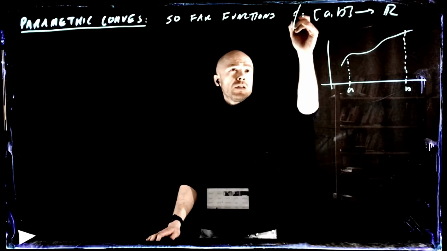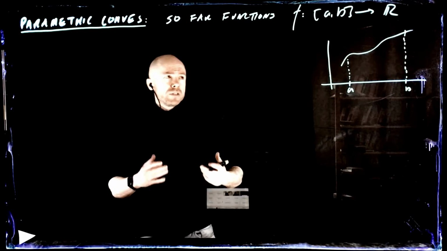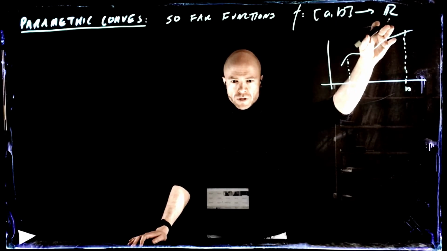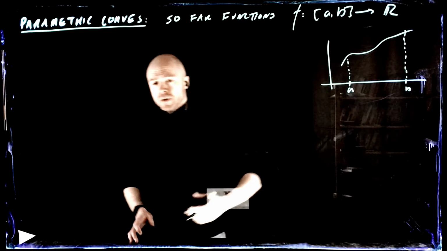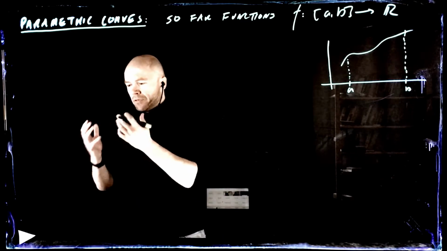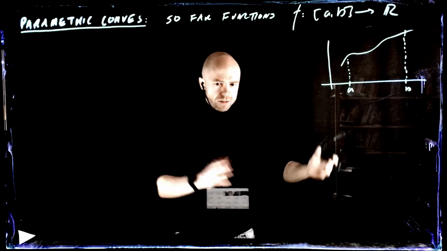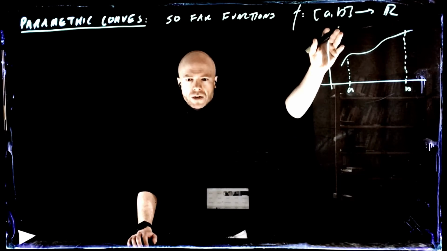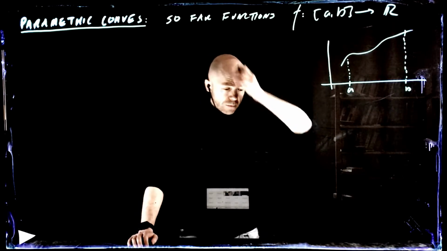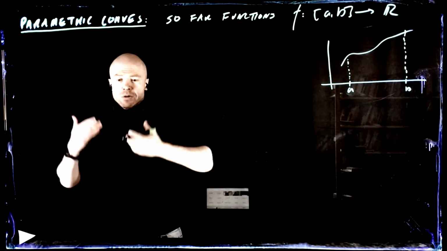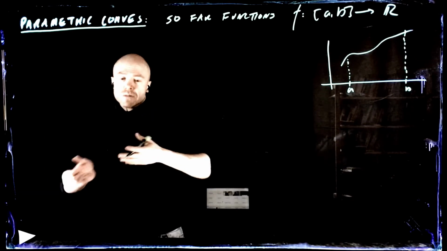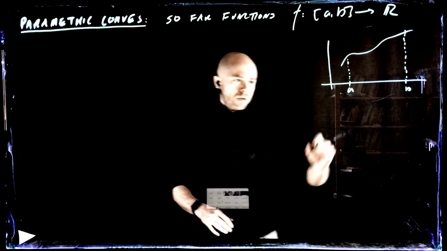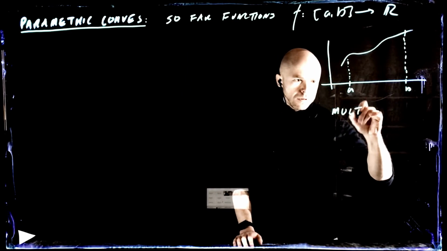But there are many things in the world that we cannot represent well with a function from R to R. Okay? There are many things we'd like to describe. There are many physical laws which we'd like to express in the language of maths, and we can't do that simply talking about functions from R to R. Yeah? So ultimately where this goes to is that we can develop a calculus for functions from Rn to Rm. Okay? So multivariable calculus